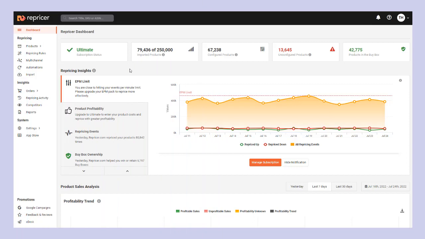In this repricer.com video, we're going to take a look at our automations feature. Think of automations as a simple way of moving your products from one rule to another automatically. An automation allows you to set criteria, and whenever that criteria is triggered, it will automatically move your product to another rule. In this specific video, we're going to show you how you can automate your products based on your